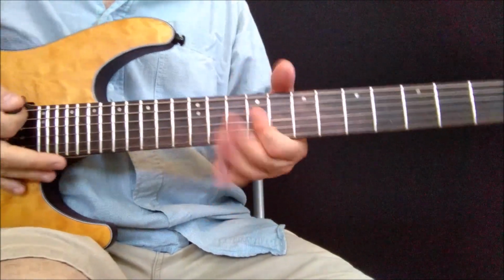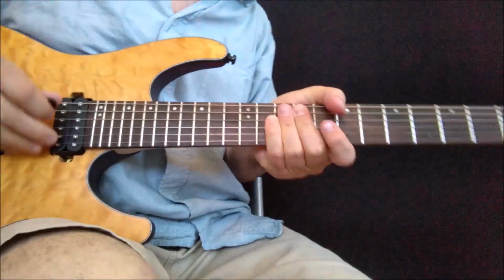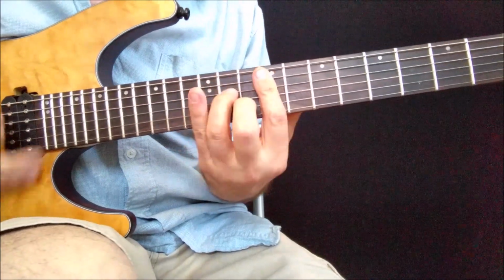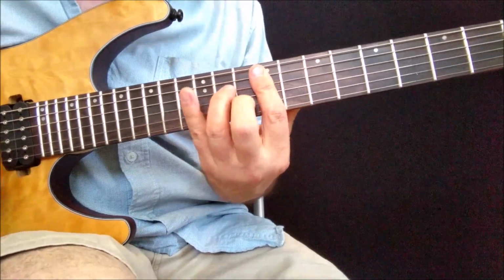All right, so that's the opening solo. And by the way, I did shift into the humbucking pickup for that. I'm going to flip it back to play the rhythm again. So it starts out by playing. You've already learned that. Okay, so you do that a couple times, and